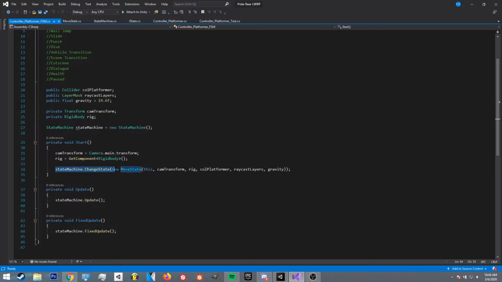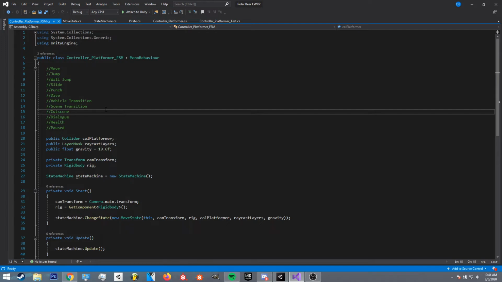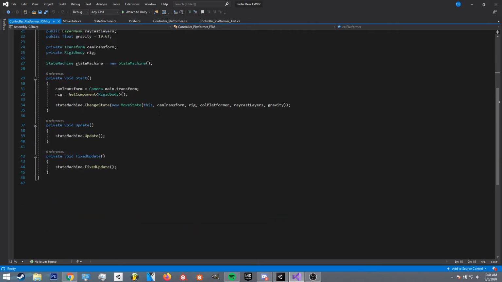This is where all the transitions will take place though. As you can see, when we first start the game, the state machine calls change state, and we change it to the move state, which is the basic movement. Of course, we want to start on that. Maybe eventually we'll start on the scene transition, where it walks you into the scene. But for now, we just start on the move state. And then